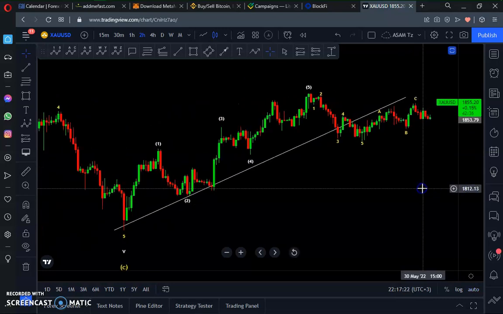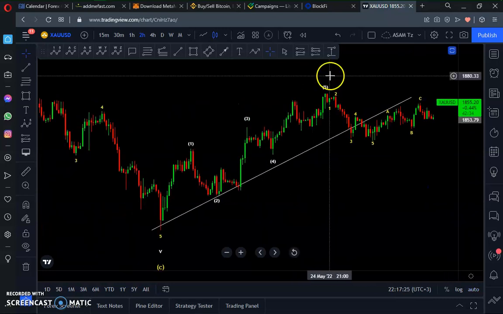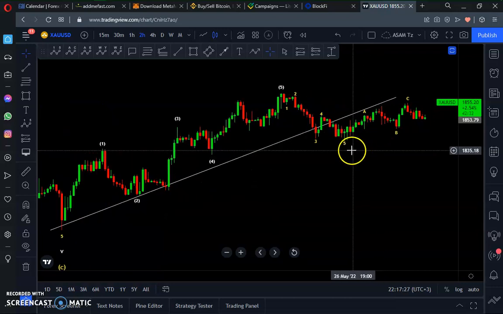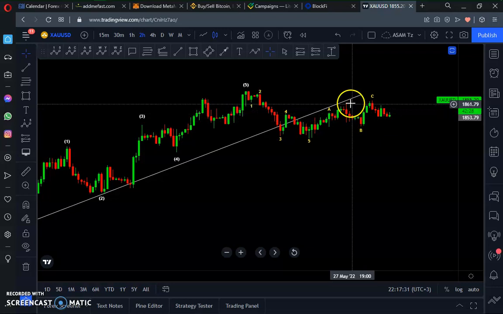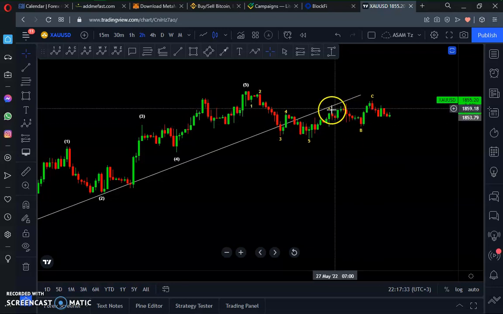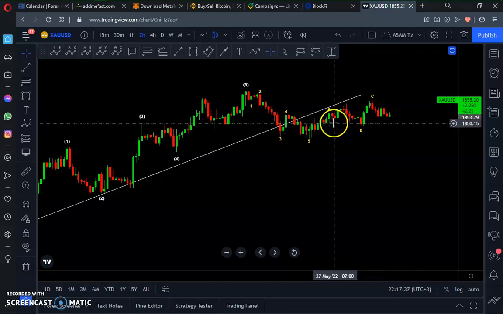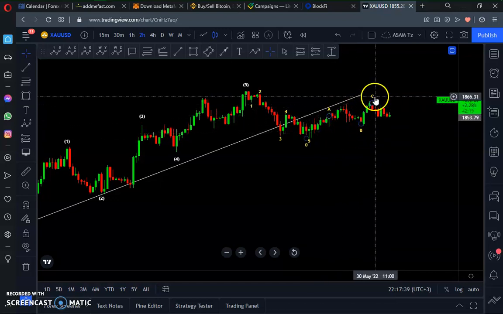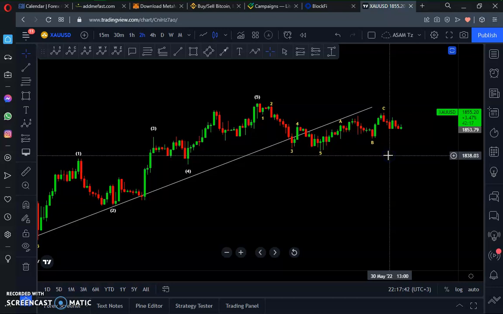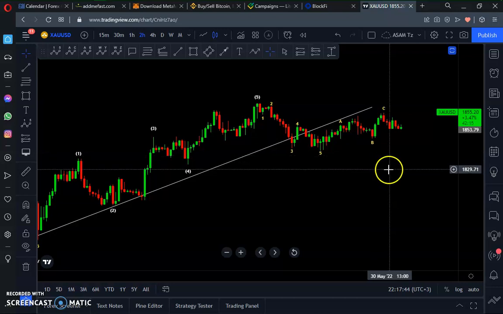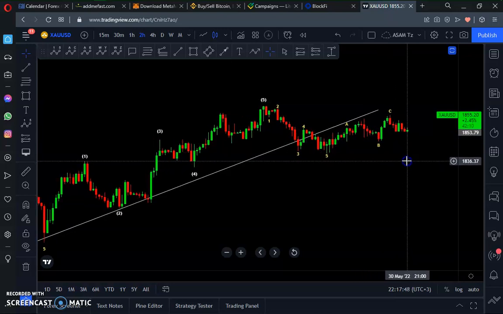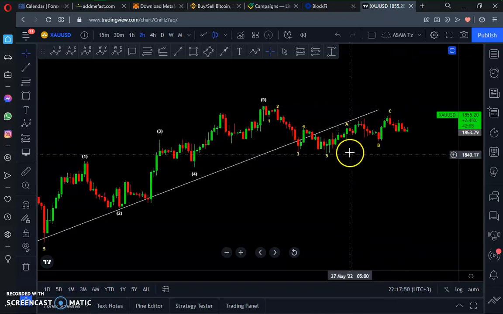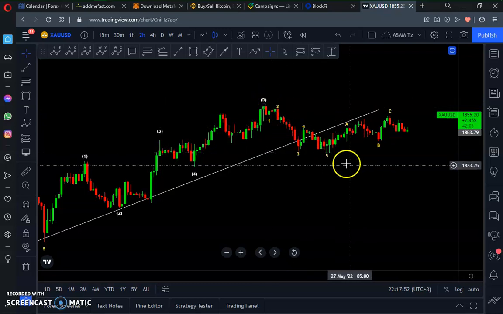Mainly in the 2-hour time frame, what is important is that we have this 1 2 3 4 5 to the downside, and then we have this ABC. We had this formation here. Wave B seems to be an expanding flat, and then it completed with wave C. Maybe in lower time frames like 30 minutes and 15, you may see those internal counts in wave C clearly, but in general this was just an ABC correcting the previous move.